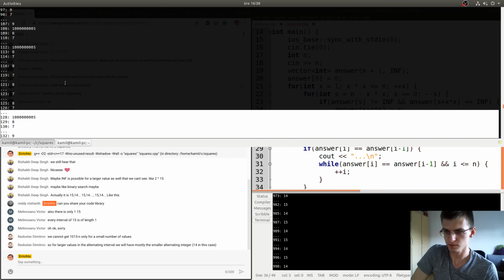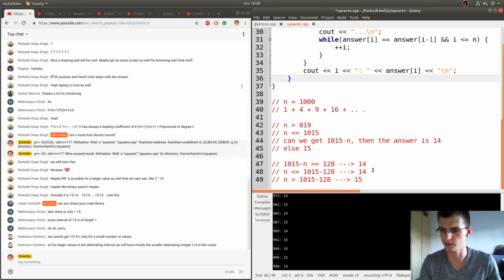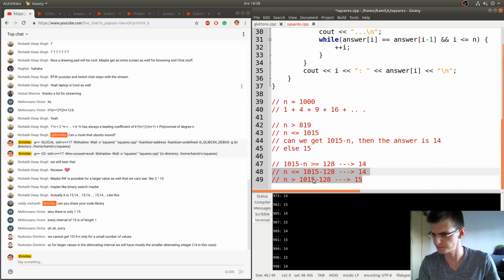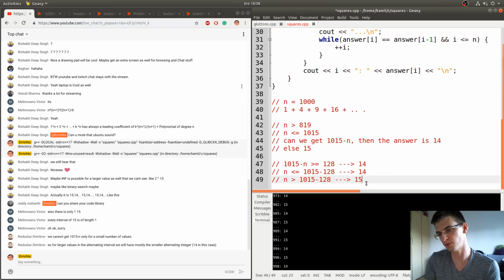Then the answer will be up to 1 million, we assume. In each interval like that, between two consecutive sums of first squares, like we said here, the last 128 values could be bigger by 1.